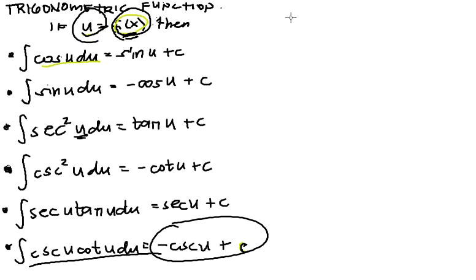Let us continue our discussion by having this example. So say we have 4 tangent squared z dz. Okay, so we have a problem like this, and as you can see here, we don't have a direct formula